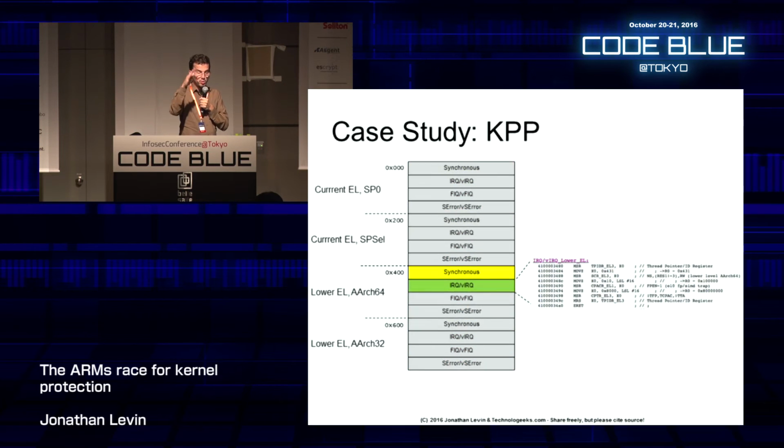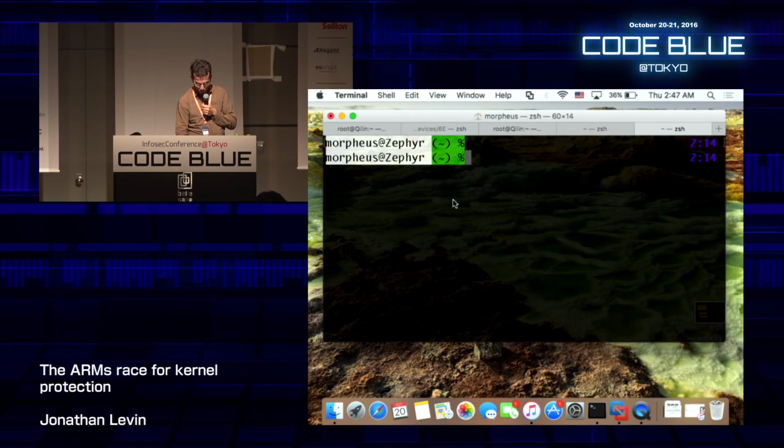In iOS, we don't see all of this. We see only a figment or a fraction of all these vectors because iOS, they don't really care about the full set of exceptions. What they do is they actually put hooks only on 2 types of exceptions that you see here. And actually, I could show you this for real, where if I go to where I have KPP,